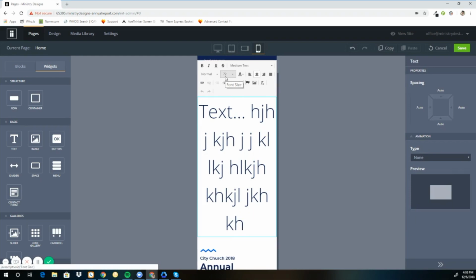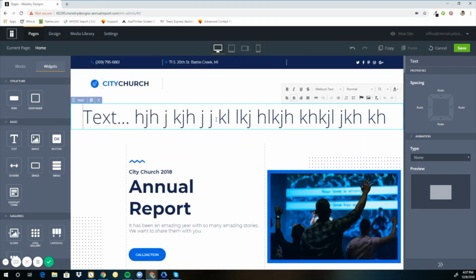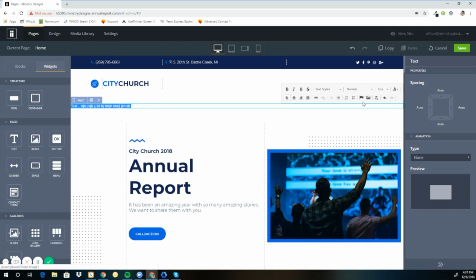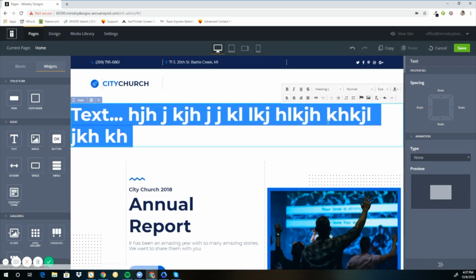When you adjust the font size of text, it will override the text style and it will no longer respond to the size of the screen. So as a general rule, we actually highly recommend that you never touch the font size option, but rather use text styles. So what I'll do in this case is I'll go ahead and remove all formatting, and then I'm going to run down the text styles menu and find a nice text style that I like. We'll go with